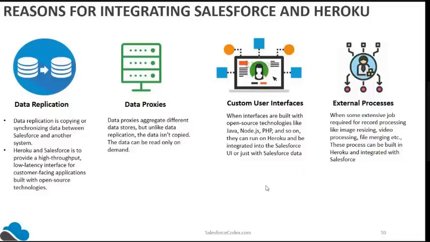And the last one is external process. Sometimes Salesforce does not give you a lot of features. Take the example of images uploaded in Salesforce, which can then be put into another file store, maybe Google Drive, Amazon, or Microsoft OneDrive. After uploading in Salesforce, we need to move this data to these sites. It's possible the size of those images is very high, and if you want to reduce their size, Salesforce cannot give you that capability.